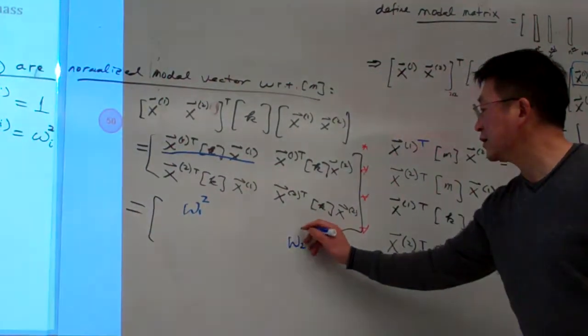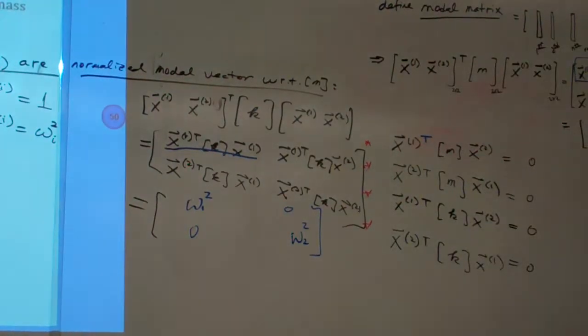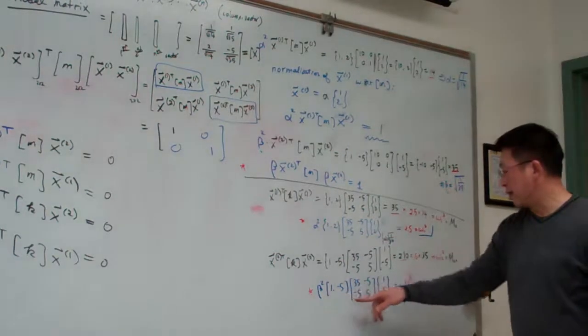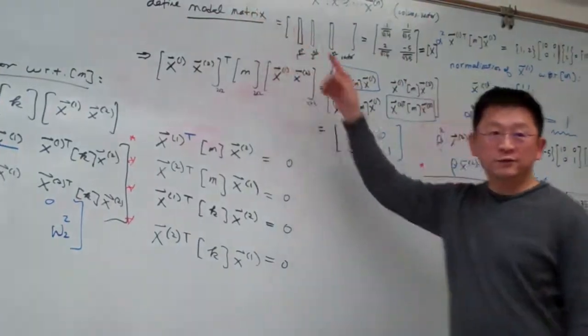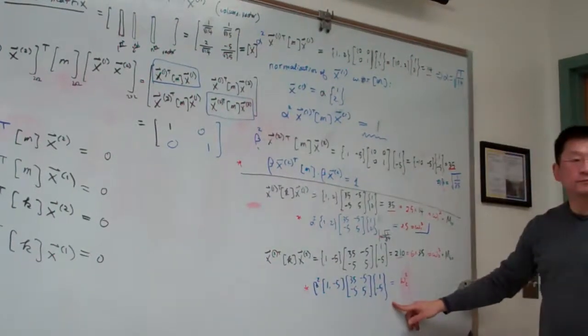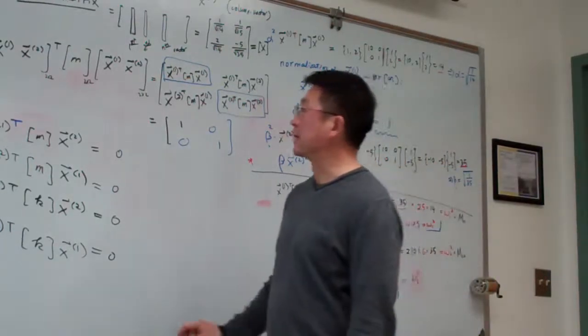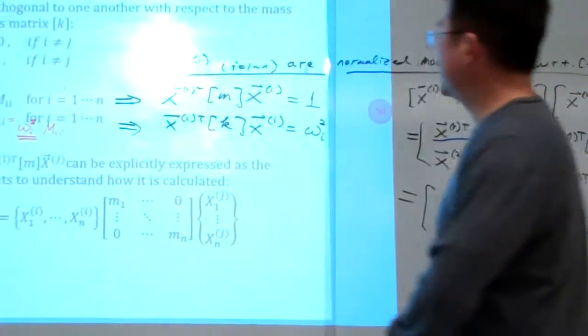Question. Let me finish this one. Yes. So what happens to the beta? Yeah, beta, that means has been normalized. I'm saying here we talk about it for normalized modal vectors. Oh, okay. Right. So it's not written in the matrix, but the matrix is normalized. Yeah. So basically for normalized things,